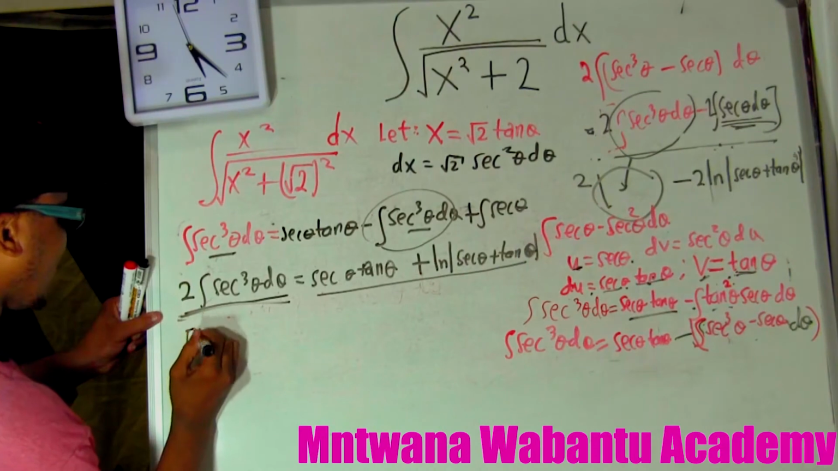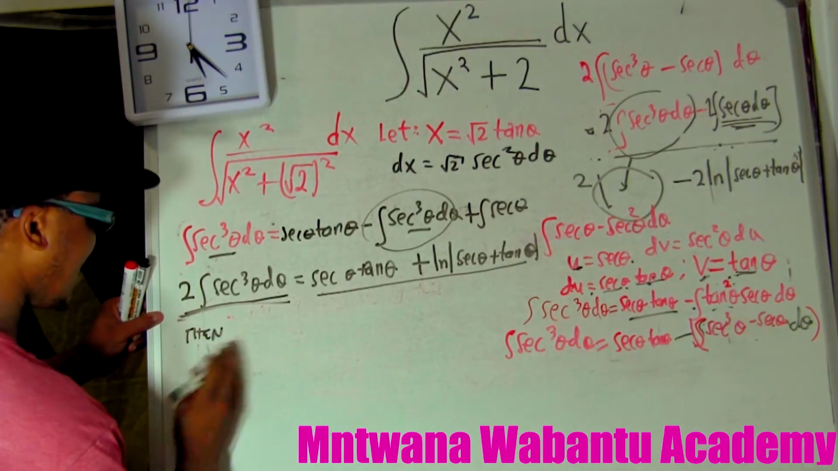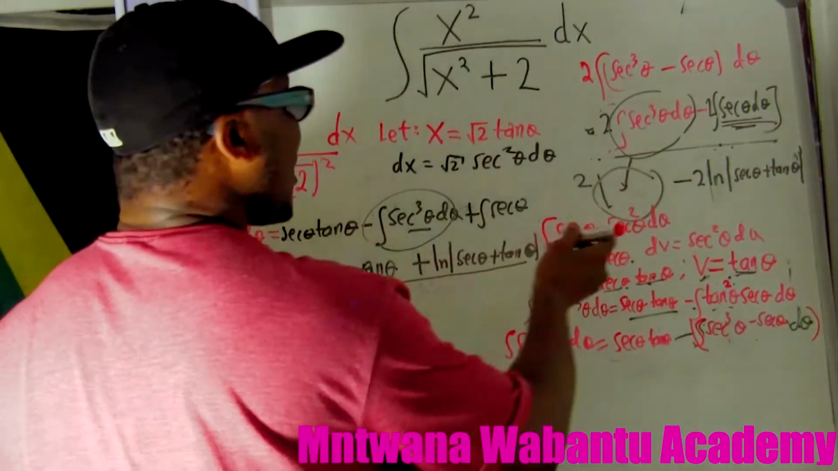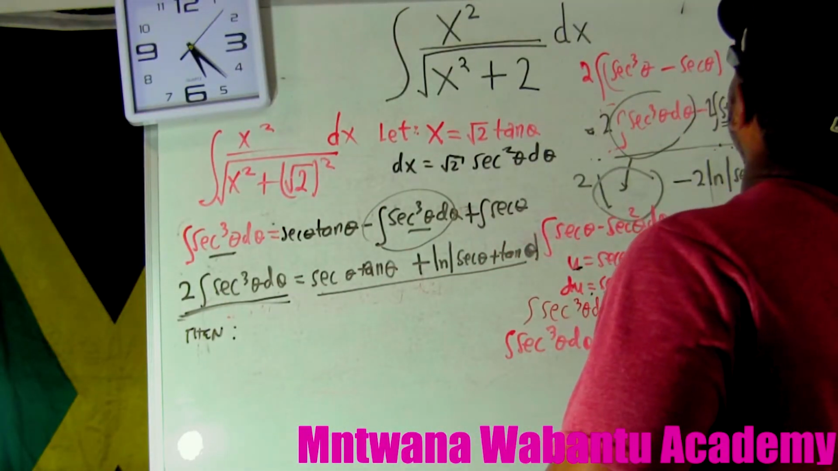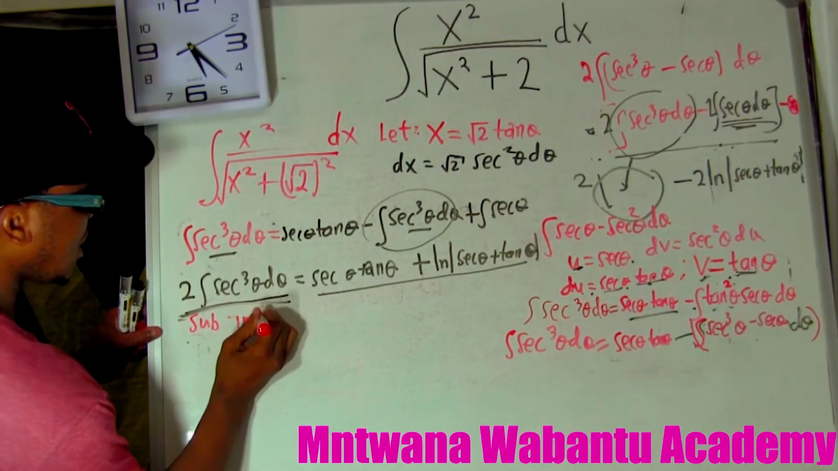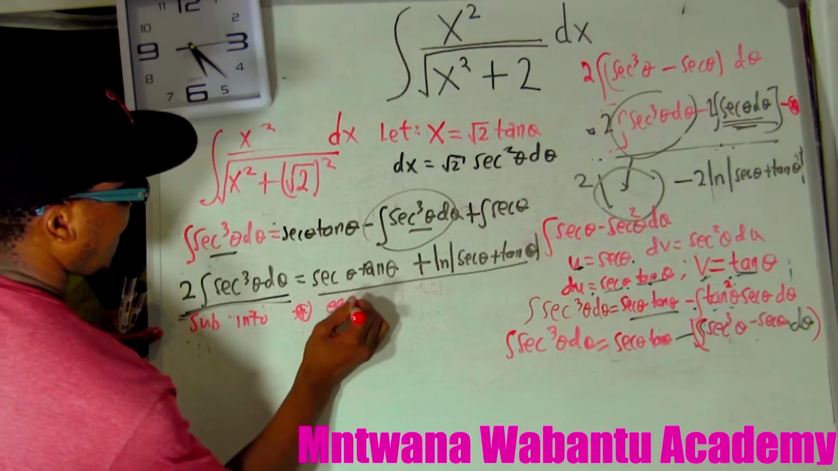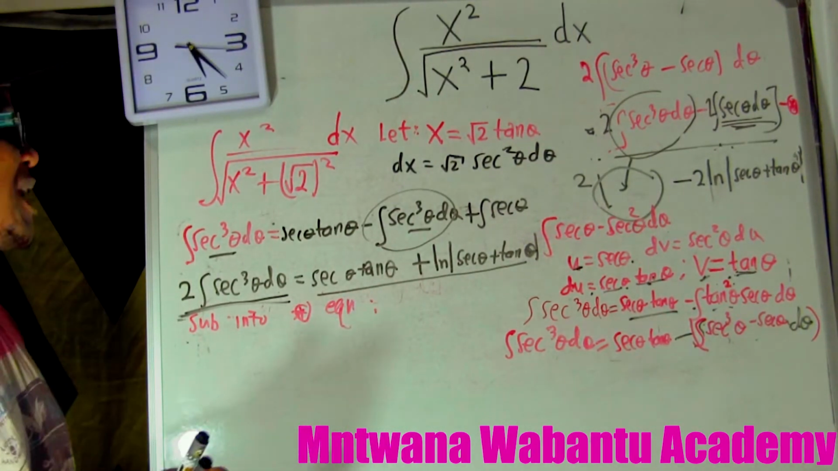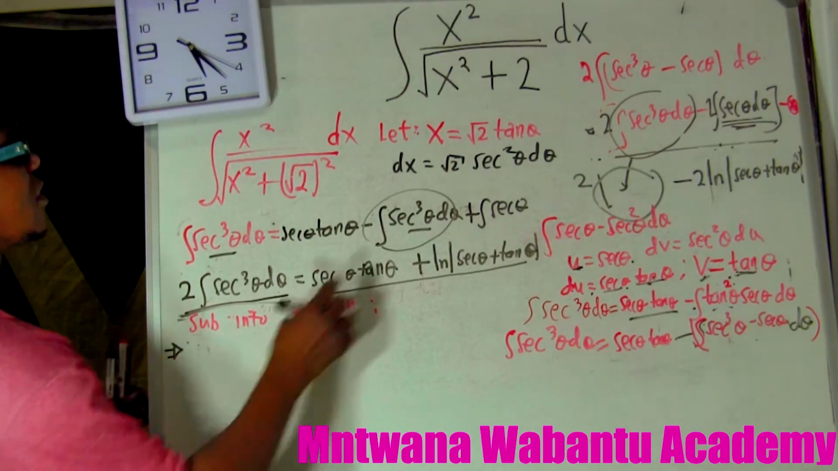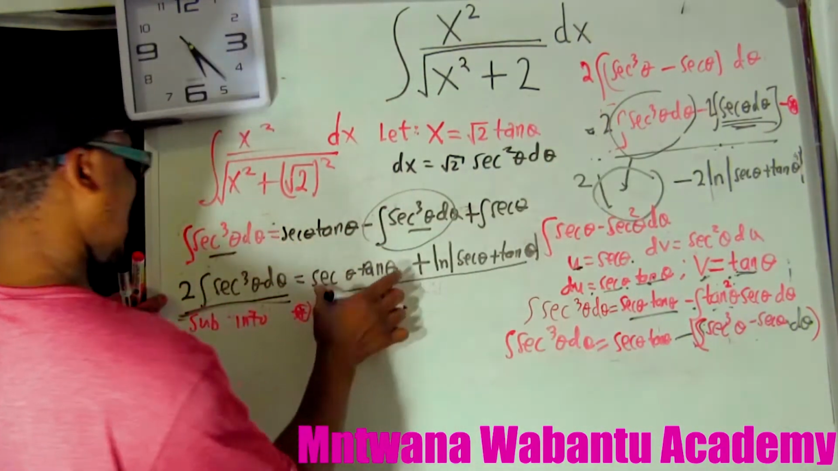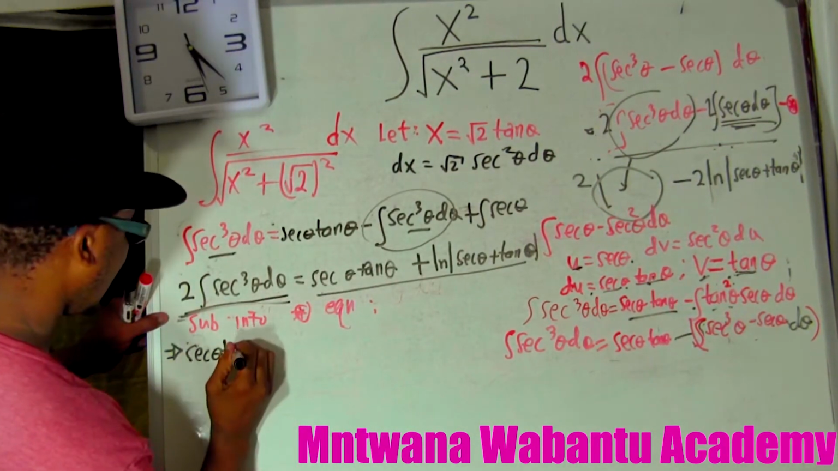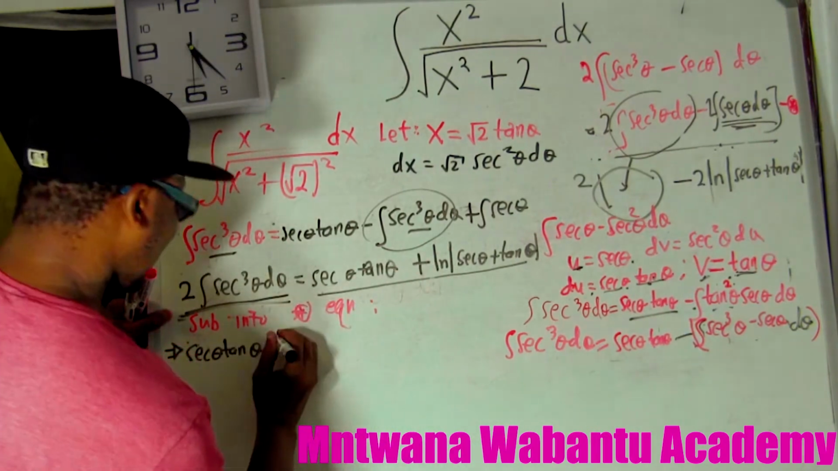I'm going to say then it follows, or you can say substitute back, so you can just probably give this star equation. So you can say sub into star equation. So if you sub in the star equation, it follows that it's going to become what? All of this equal to that, which is sec theta tan theta plus